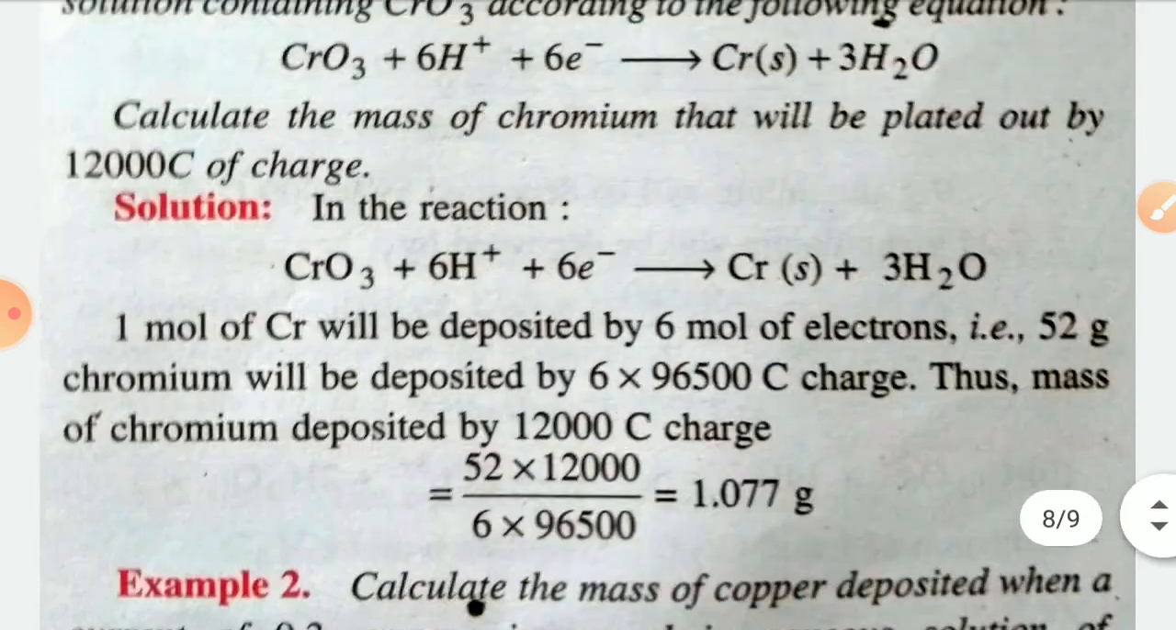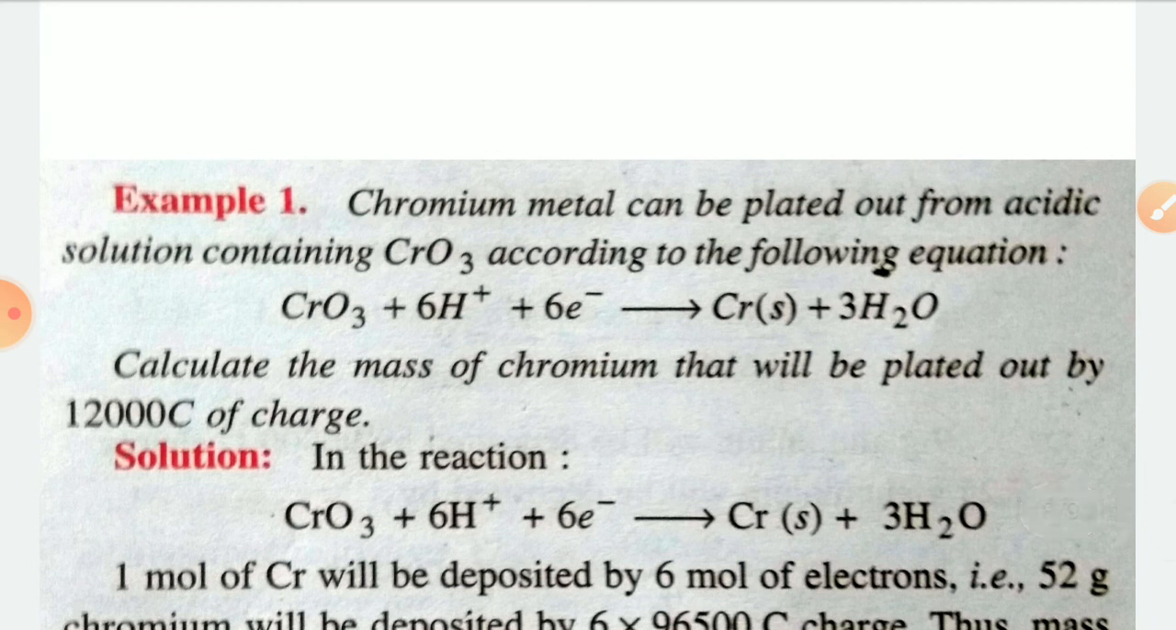Now, some numerical questions. The first one: chromium metal can be plated out from an acidic solution containing chromium oxide according to the equation. In chromium oxide, the oxidation number of chromium is +6, which takes 6 electrons in acidic medium to get reduced into chromium and form water. Calculate the mass of chromium that will be plated out by